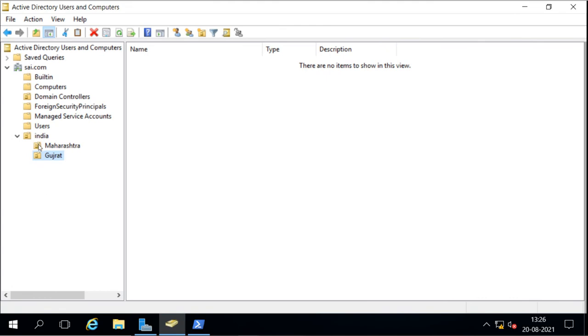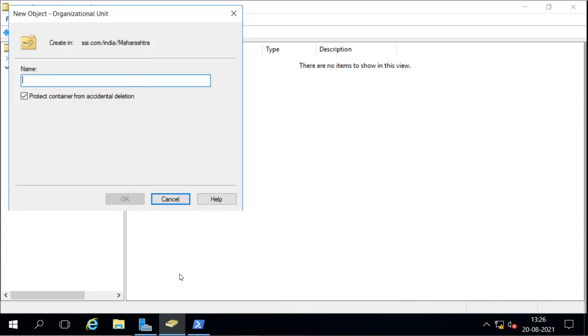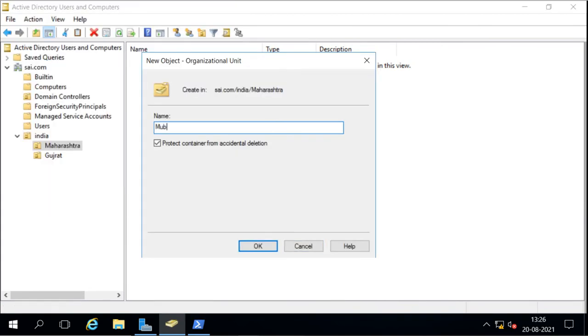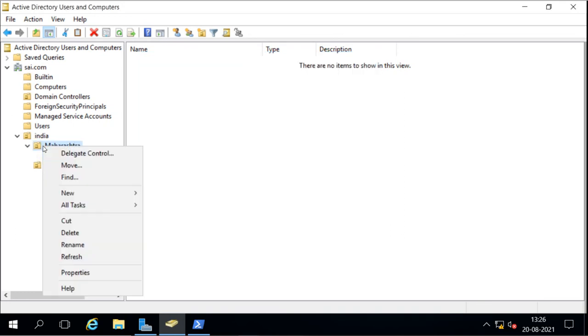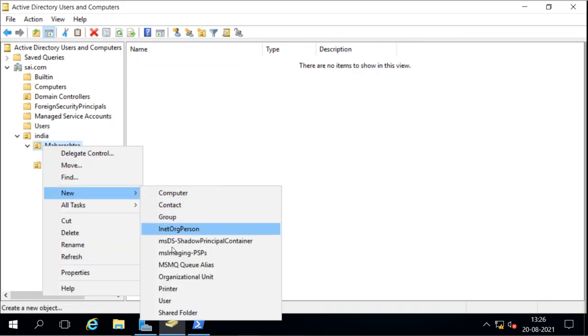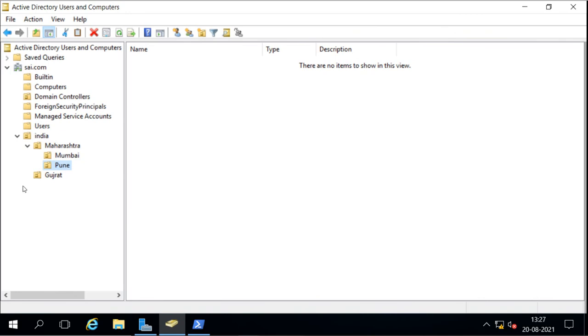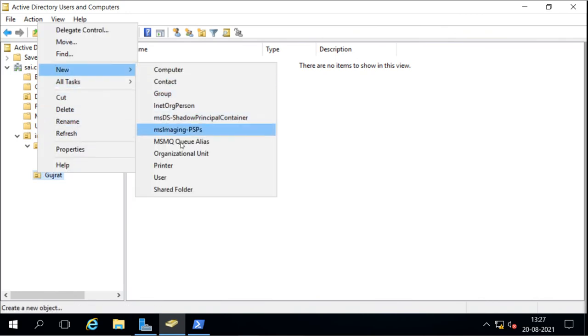Now under Maharashtra I want to create a new OU, so we can create nested OUs. This is for Mumbai. Then under this we have one more OU, Pune. Under Gujarat also we have an OU.